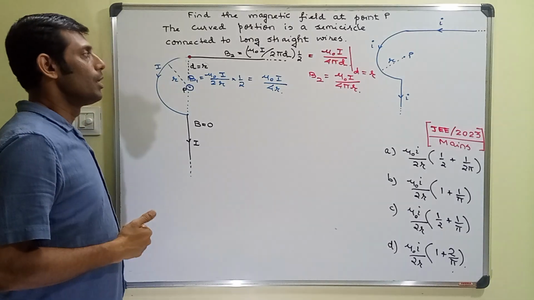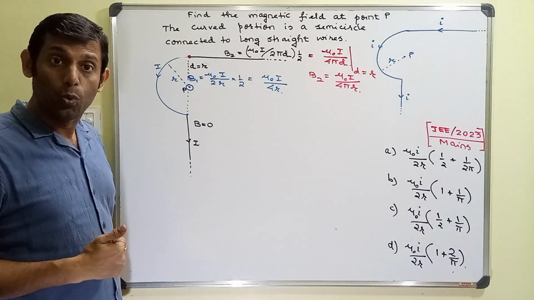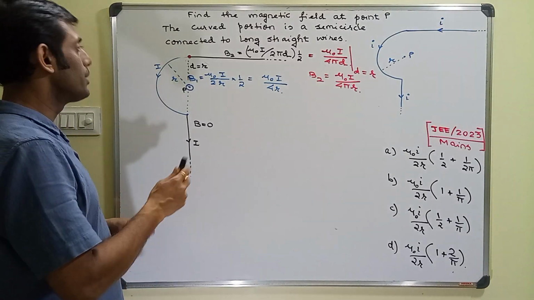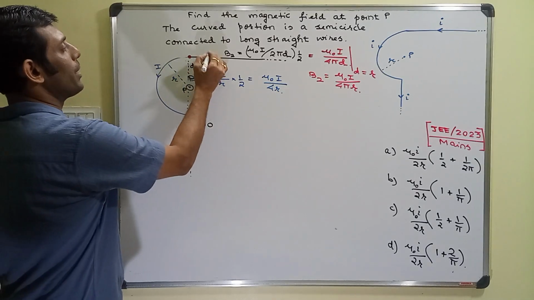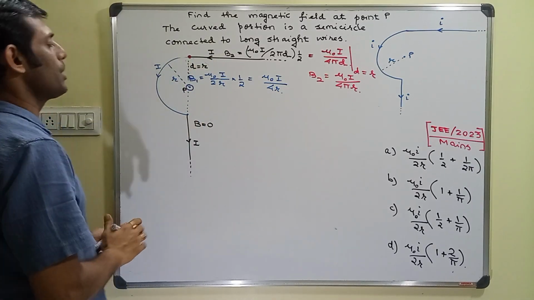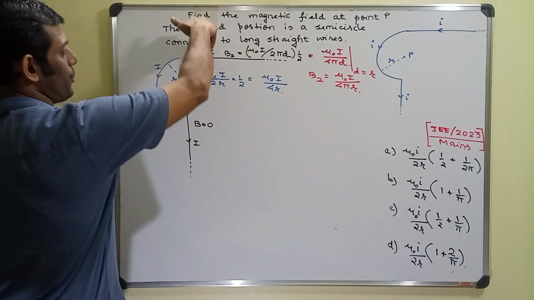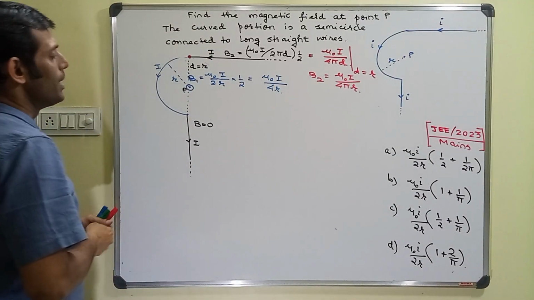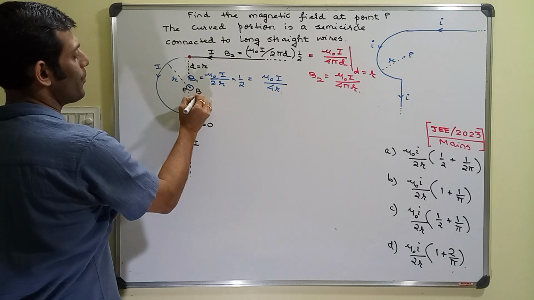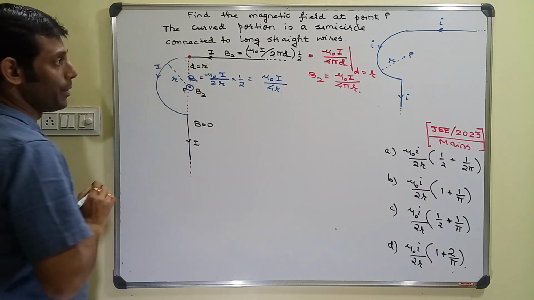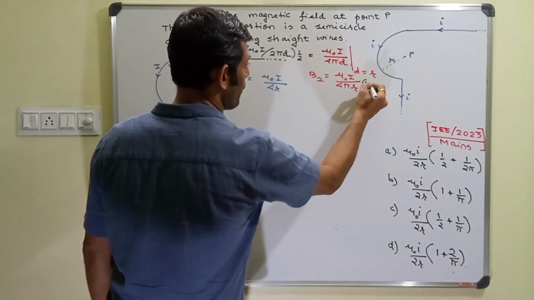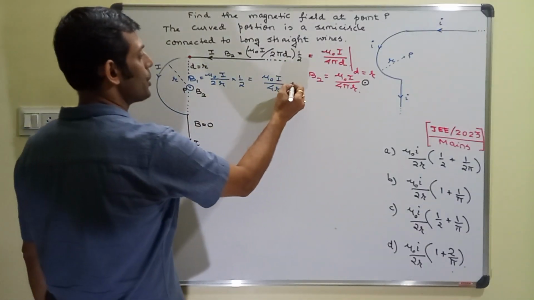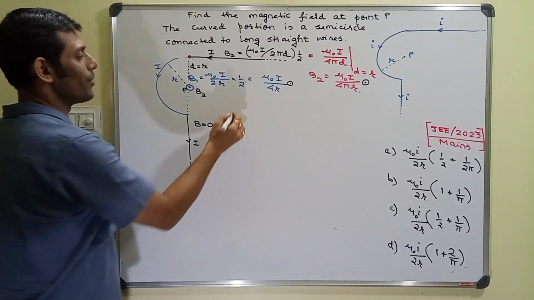Now, what about the direction of B2? See, the current I is coming in this direction. That means if I take the thumb in the direction of the current, the B field would come out. This would be a dot field. That means here at this point I have a dotted B2 field as well. So this is a dotted field at P, and this is a dotted field at P, and therefore